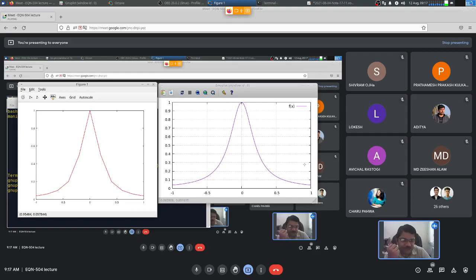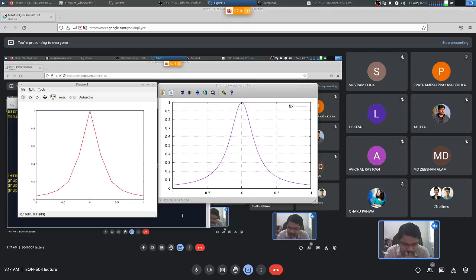The actual function is such a smooth function. So now the problem is we are trying to interpolate this Lorentz function by using these function values at 11 discrete points. And